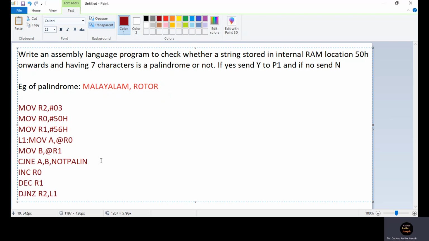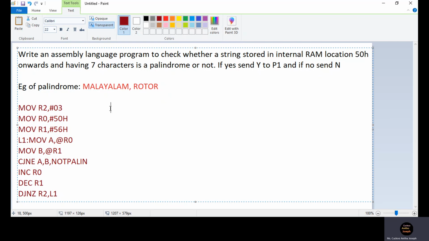When the content of R2 becomes 0, it means that all the comparisons have been done, and it means our string is a palindrome. That is, if R2 becomes 0, it will not jump to L1, it will come to the instruction just following it. At that location, what should we write?